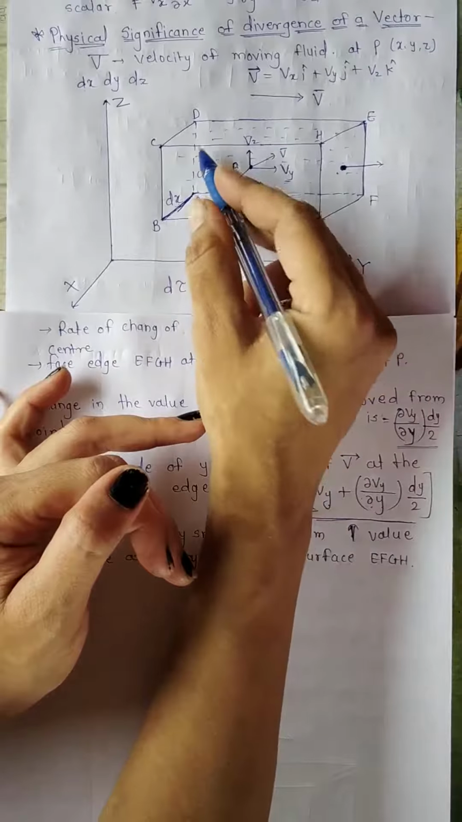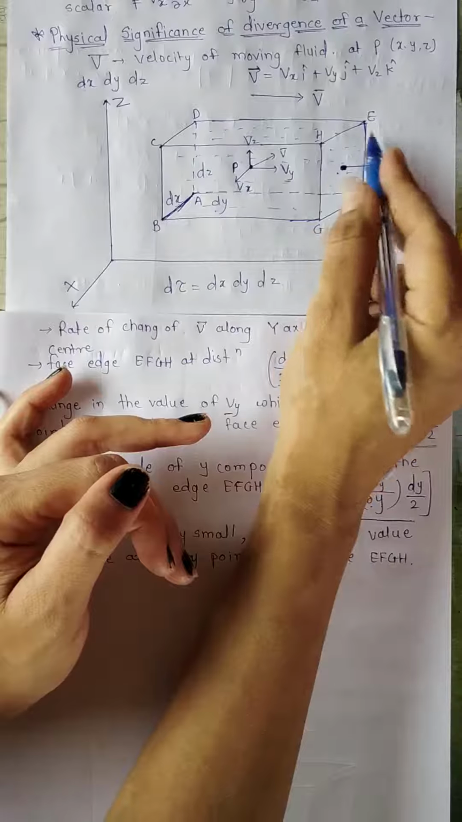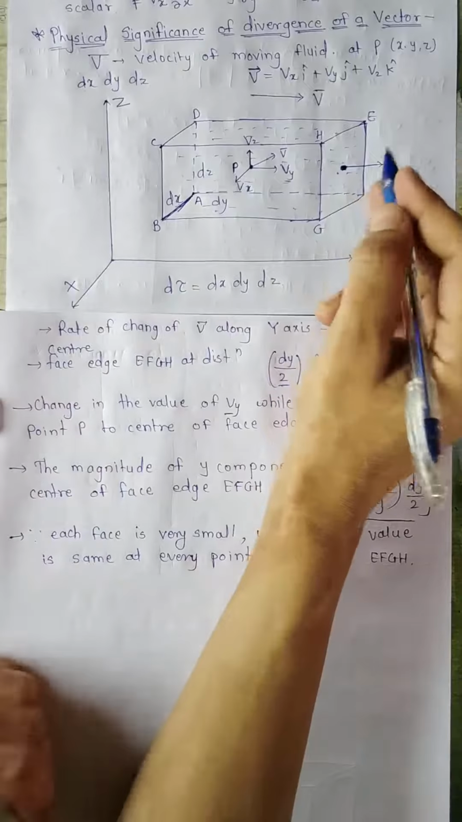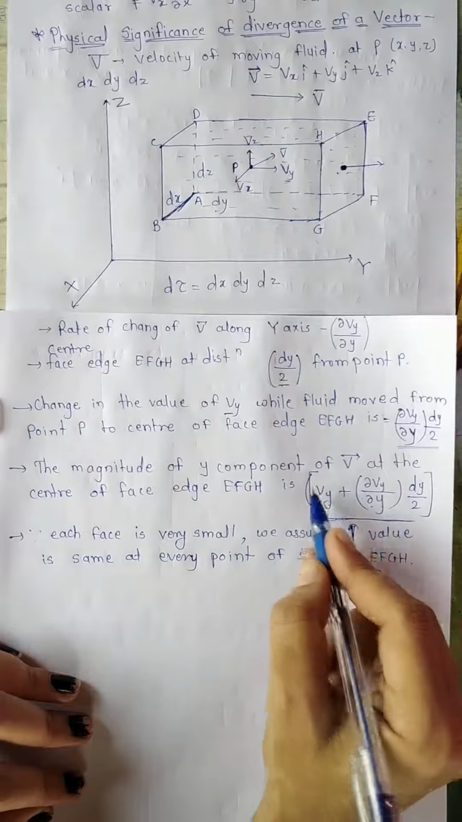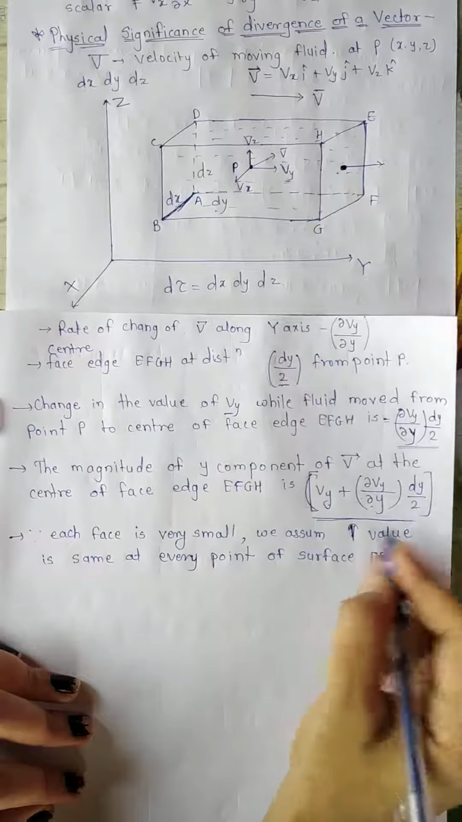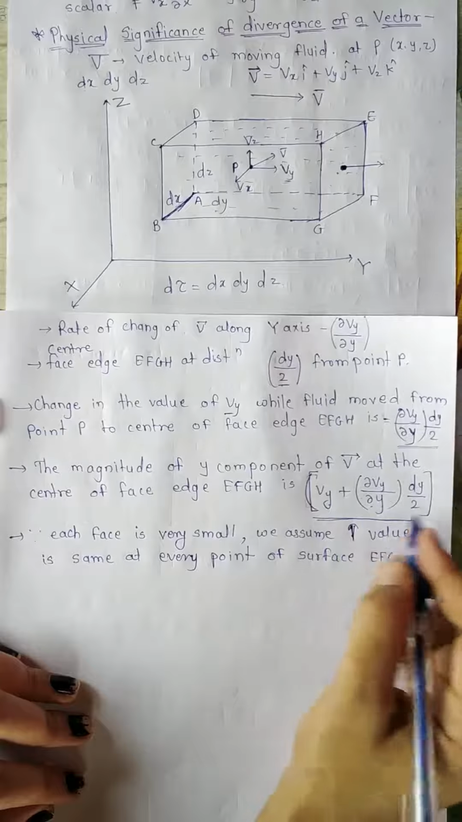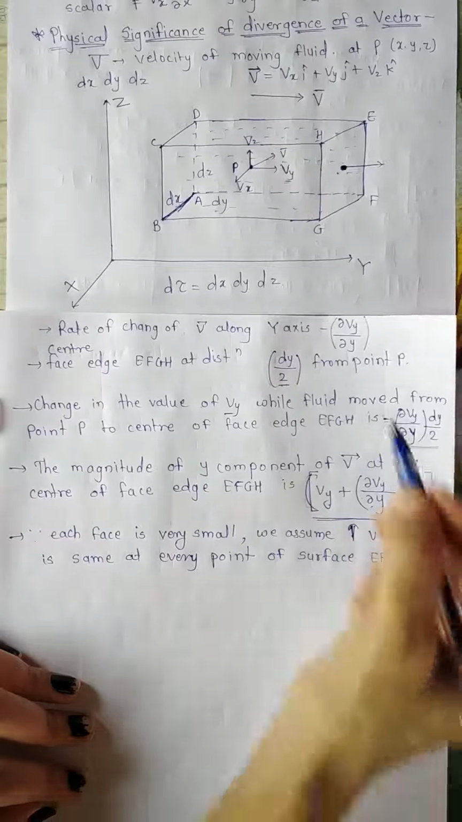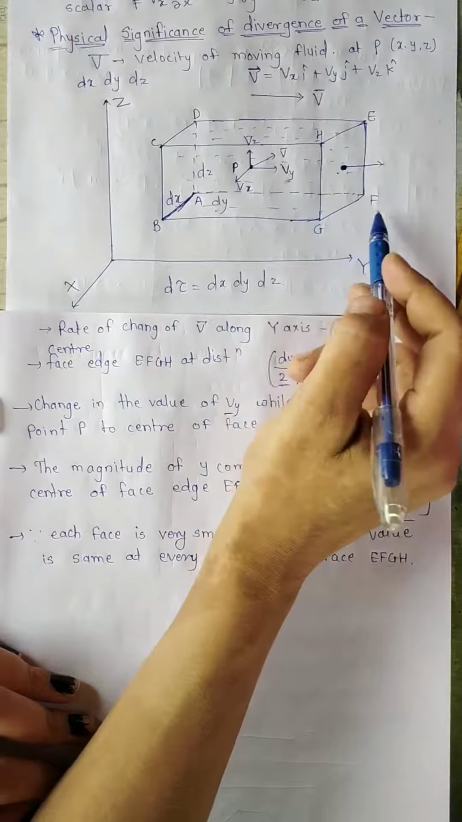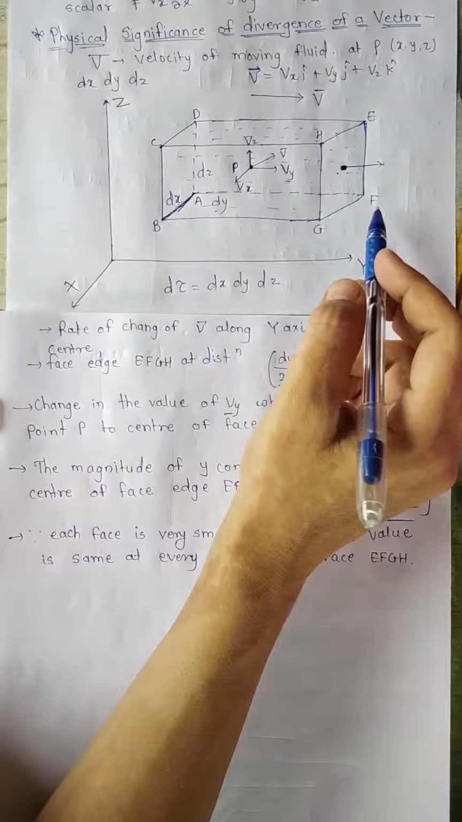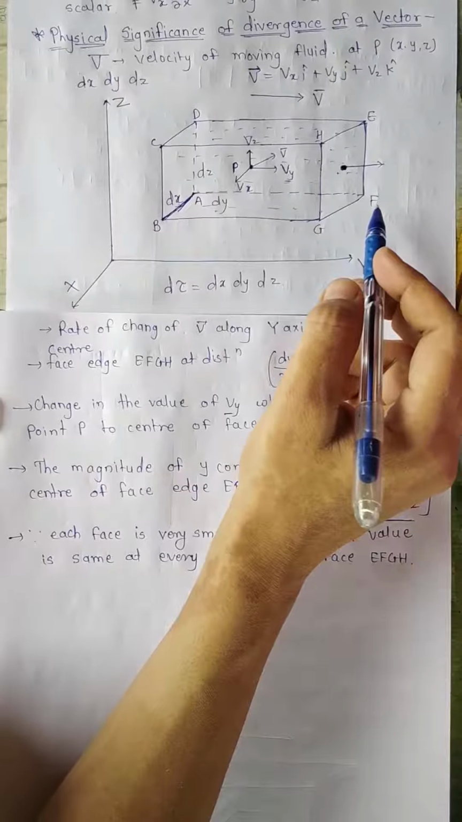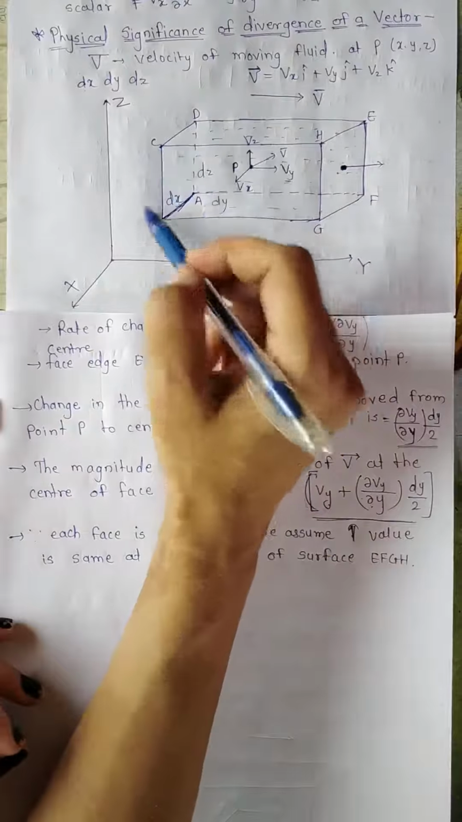These are very small edges. Therefore, this face is also very small, and because of this, we are considering this value in this square bracket. This is assumed to be the same at every point on this surface E, F, G, H. Now, if we have to find the magnitude of component Y at the center of this other edge, we